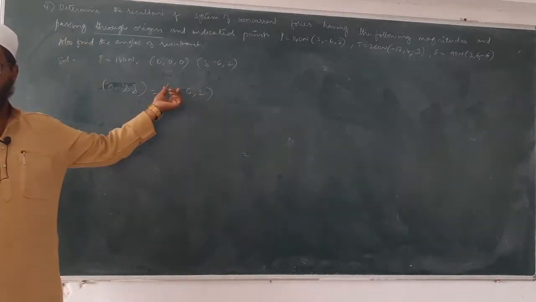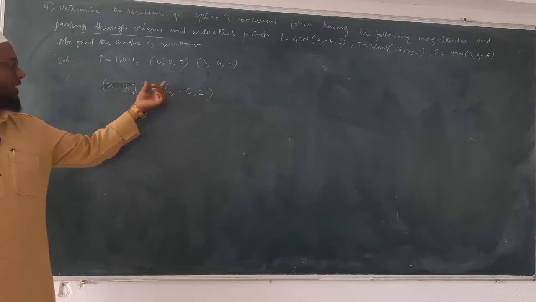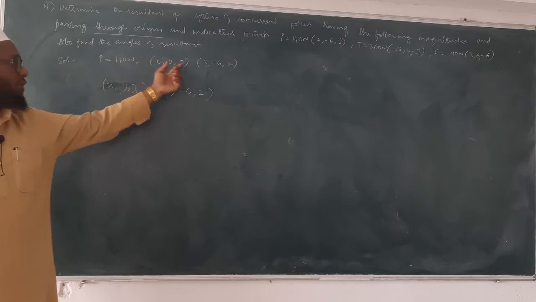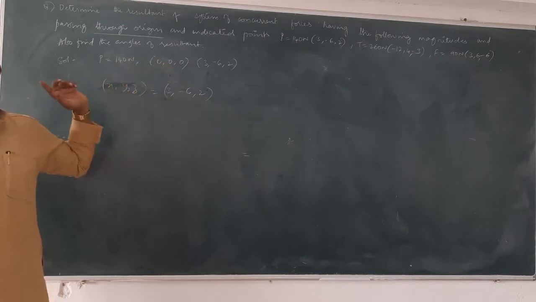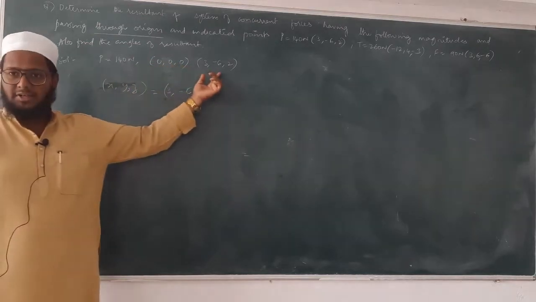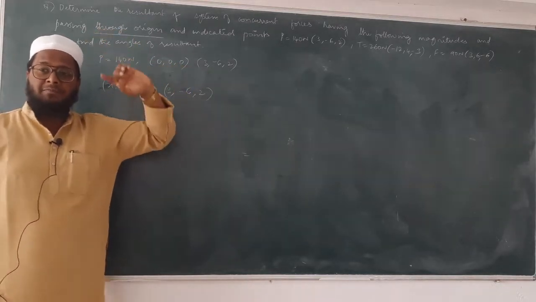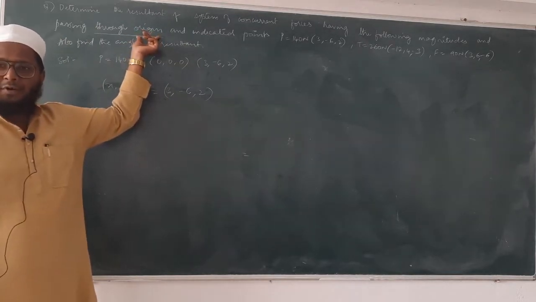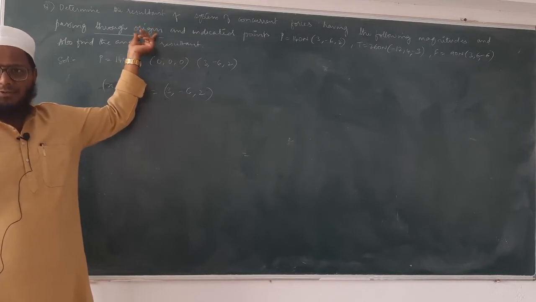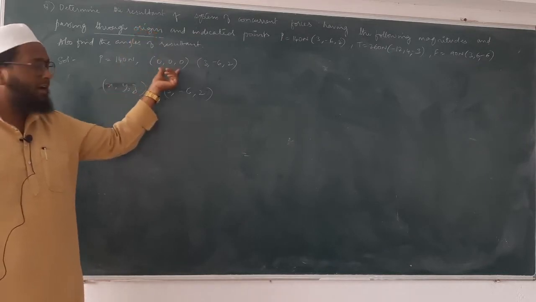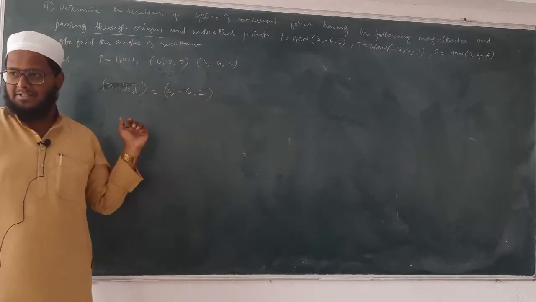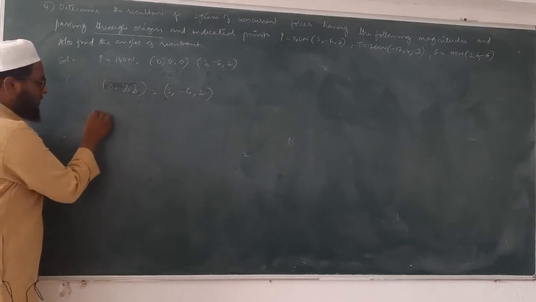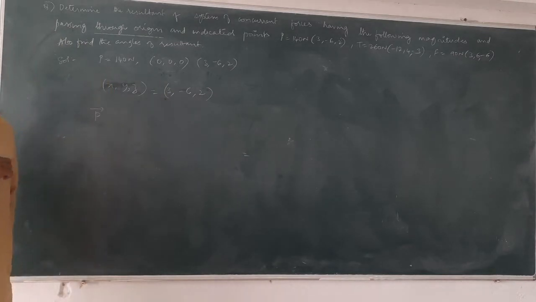Understood this one? In the textbooks, they will directly take this one. But actually, since the force is passing through origin, we have to mention this step in a clear fashion, that this is 0 and this is 3 minus 6, 2. Sometimes they will mention all the forces are passing through some point instead of origin. So what we have to do at that time? We have to write those points and subtract them. Understood? So after this one, we'll form the vector.